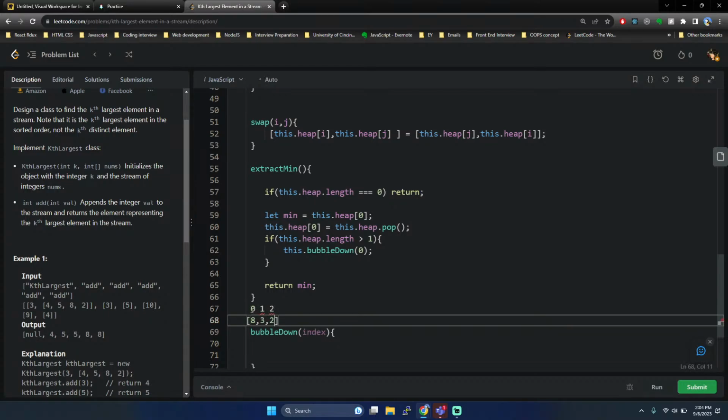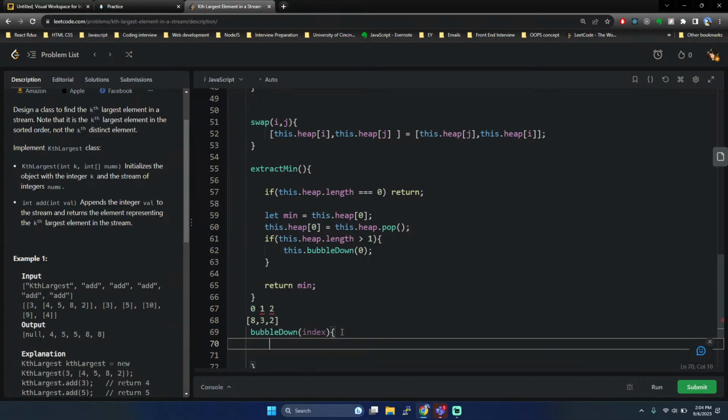So we are going from 0 to the bottom, right? These 3 and 2 are the children. So what we have to do is, in order to take the left child and see the left child,